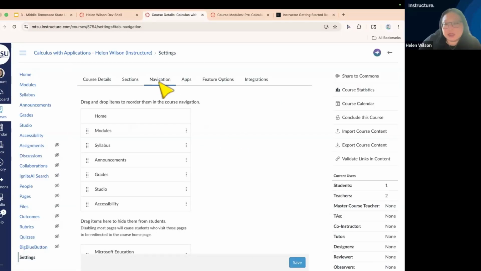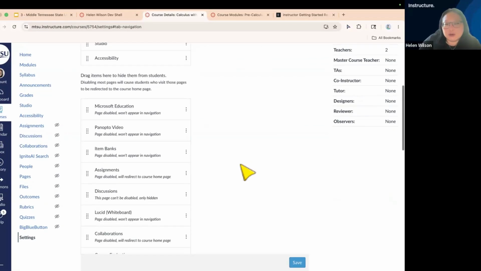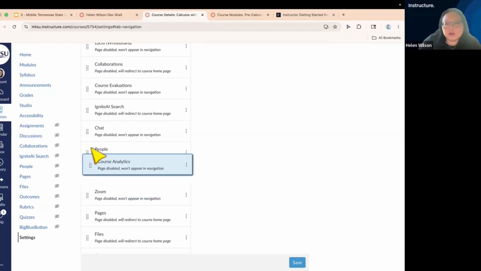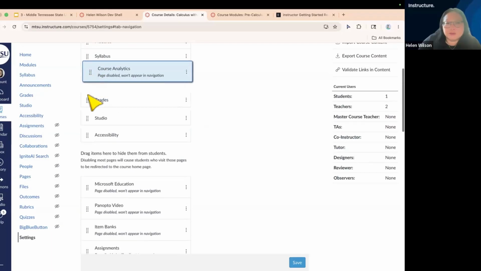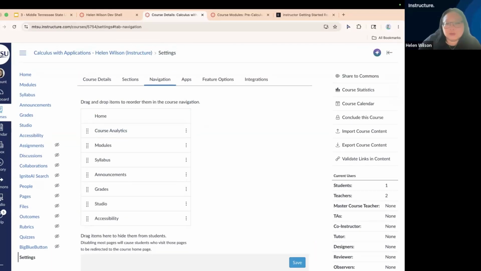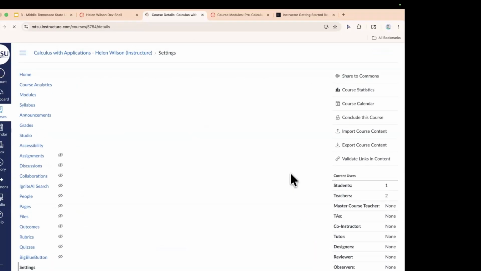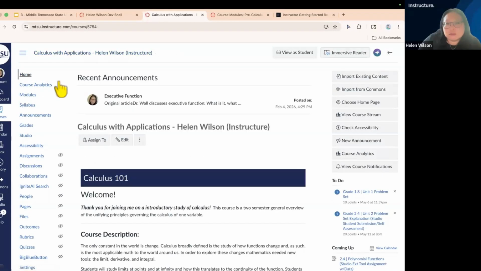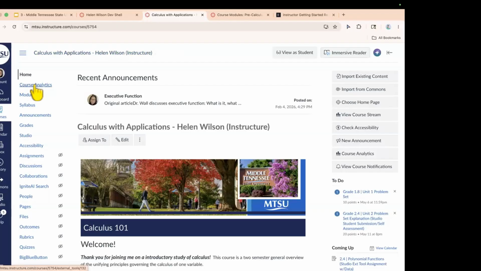Which, if you're looking to enable it, should be in navigation. See, here it is right here. You would have to move it up to the top in order for the instructor to see it. Yes, what I'm used to getting access to is